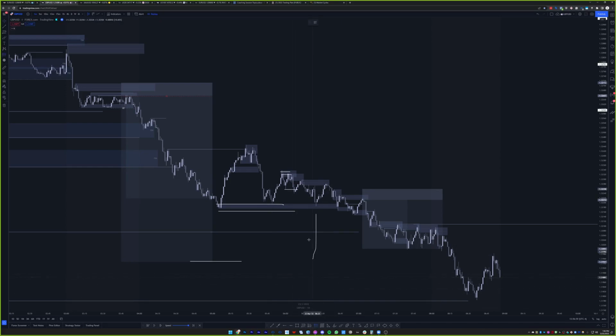Okay. For me personally, this is not worth taking. There's a reason I marked this out too, right? I want to see a major demand failure, and that happens here. We can see we form a chain. Miguel obviously would get a better price, a better entry. But to me, it's the same thing. There's a reason Miguel is taking such heavy partials at this level because we don't know if it's going to hold. Remember, counter trend to 4 hour and 15 minute. So if I see this as part of a chain, it's quite a big chain, but we see multiple demand failures.